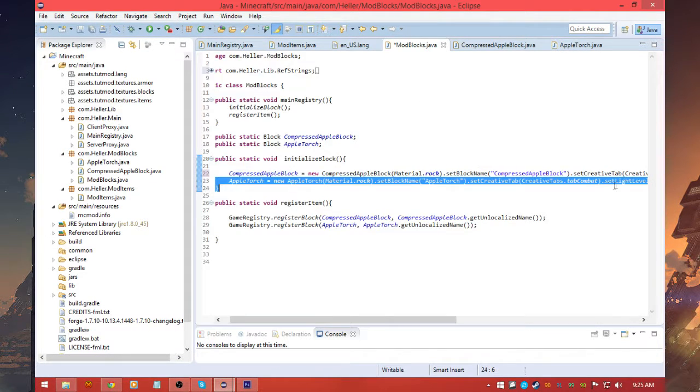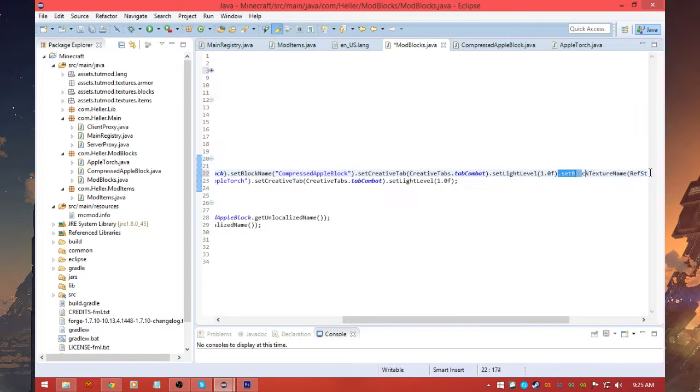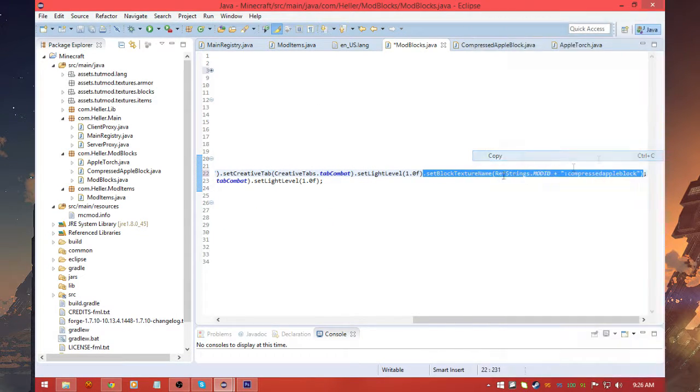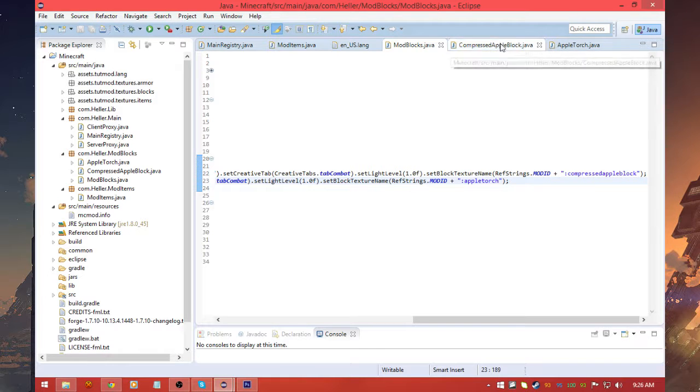And let's copy this part right here and paste it onto the torch one, and we'll change the name to Apple Torch. I do want to save that. Now into our item class,